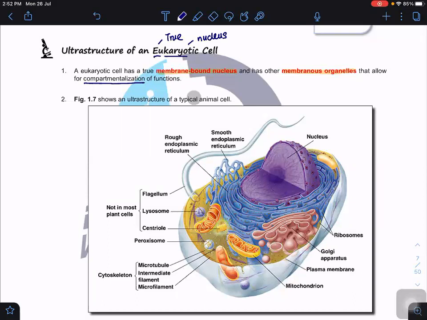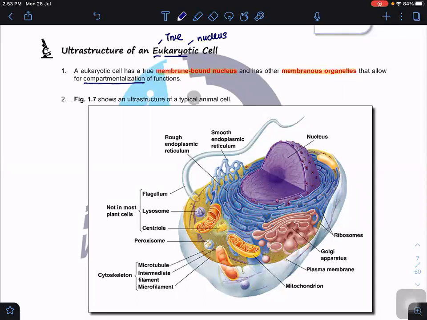So why must our cells have these membranous organelles? The idea here is to make as many compartments as possible. What does as many compartments as possible mean? It means that in each compartment, we can have a different kind of activity and function. And within each compartment, you can have activity simultaneously with other compartments. For example, you can rest in your bedroom while someone eats inside the dining room. We do it together. We don't need to share. Can you see that?